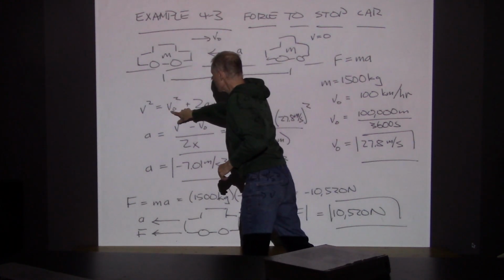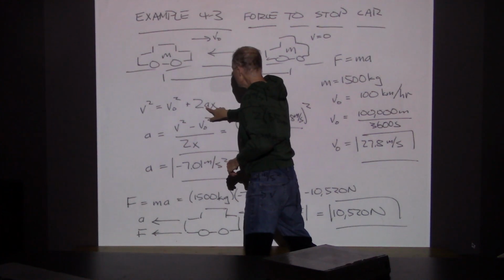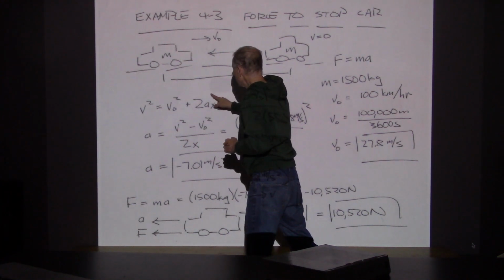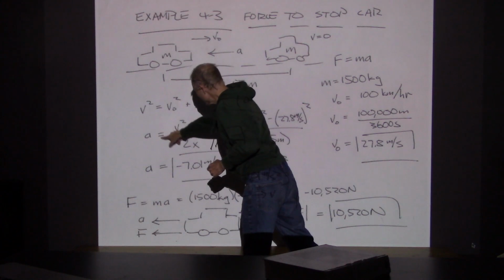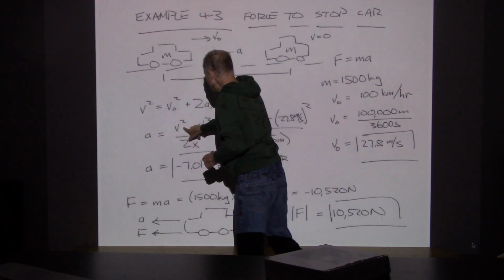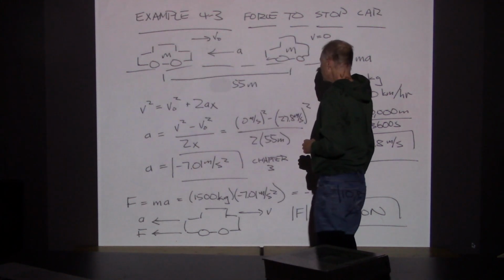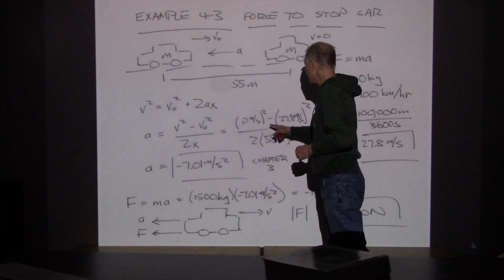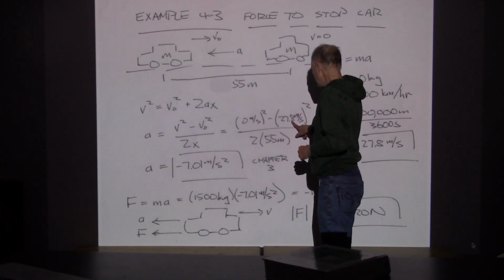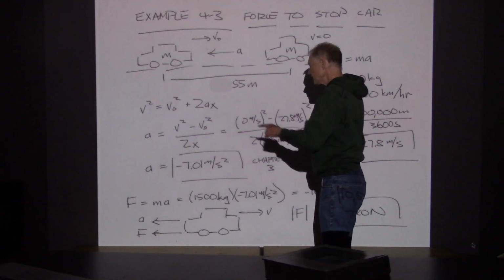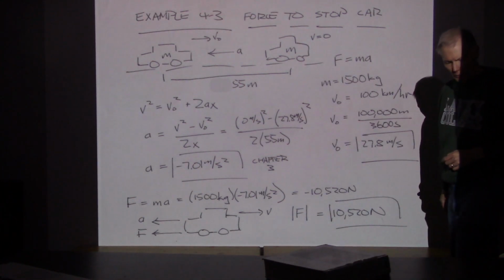So I'm putting all the numbers in here, and I'm solving the equation for a. Actually, I'm doing it, solving the equation first. So I'm going to do the algebra first. a equals v squared minus v naught squared over 2x. Here is the v, here is the v naught, here is the x, and it tells me I need an acceleration of